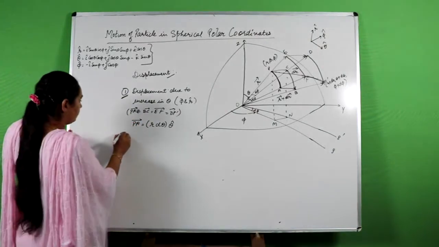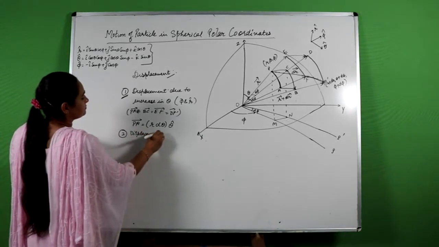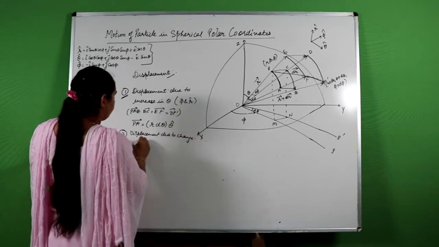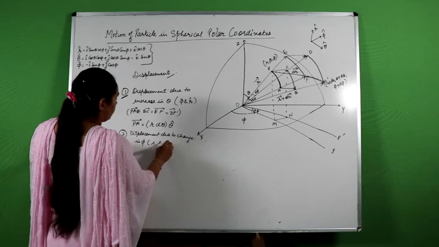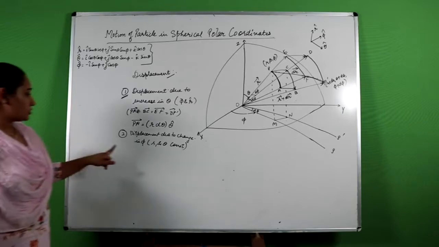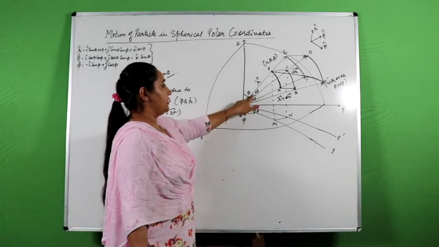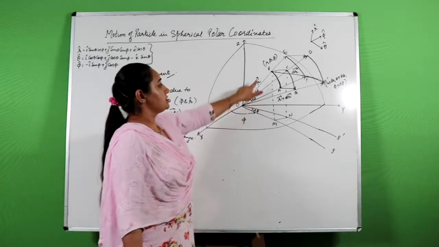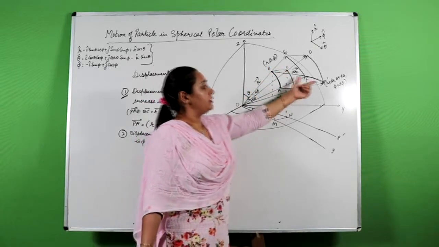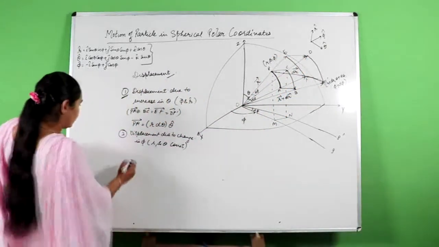What will be my second component? Second will be the displacement due to change in phi when r and theta are constants. So r and theta are constant, phi is changing. See, this is your d phi and the side linked to this is PC or AB or FP dash or ED. So my displacement will be